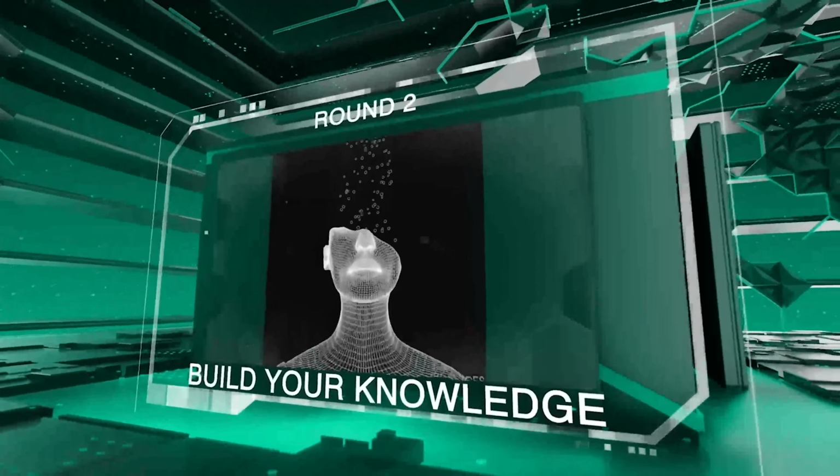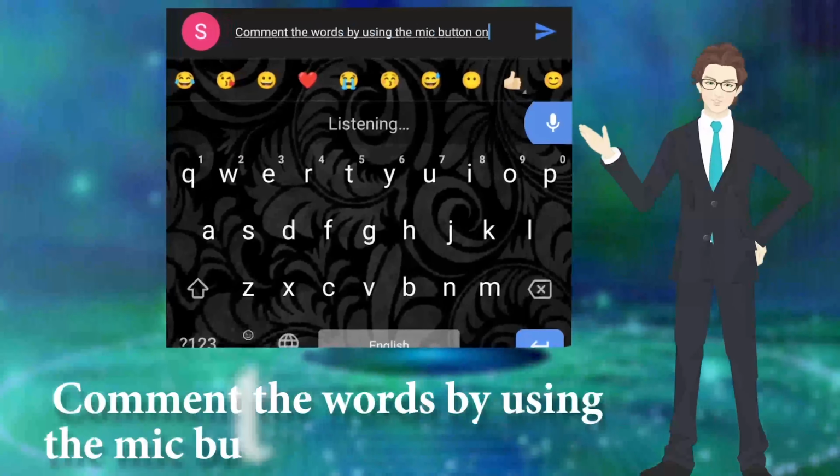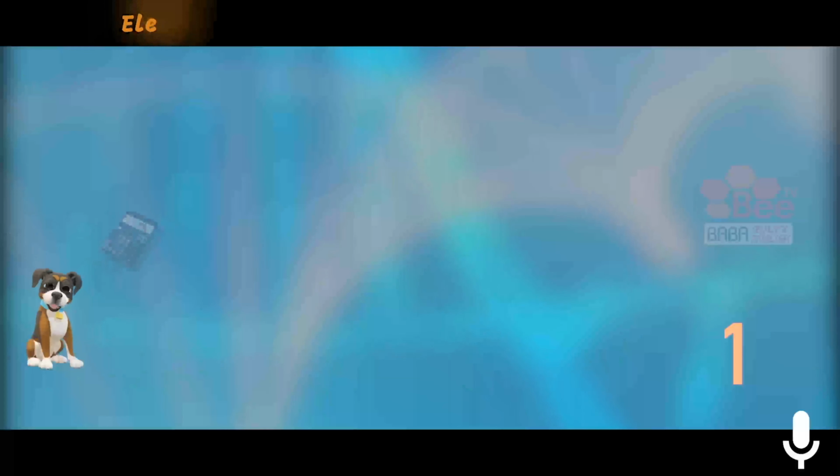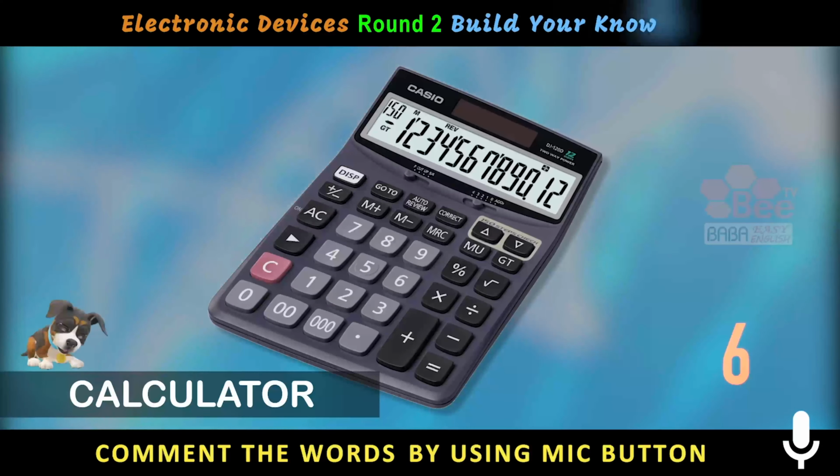Round 2. Build your knowledge. Comment the words by using the mic button on your keypad. Calculator.